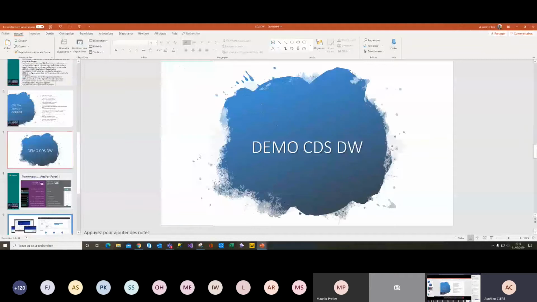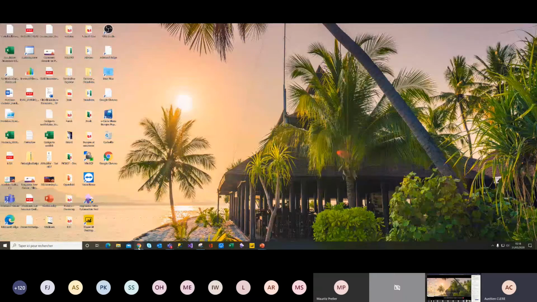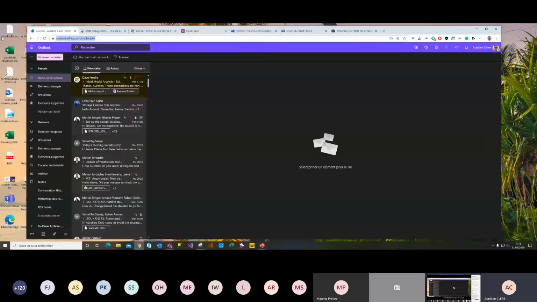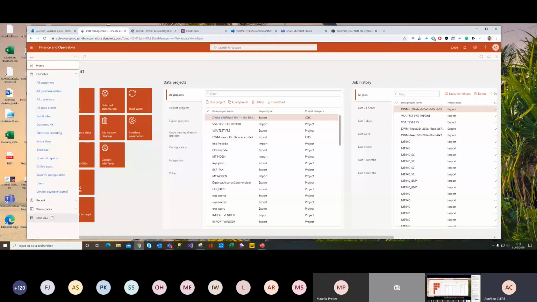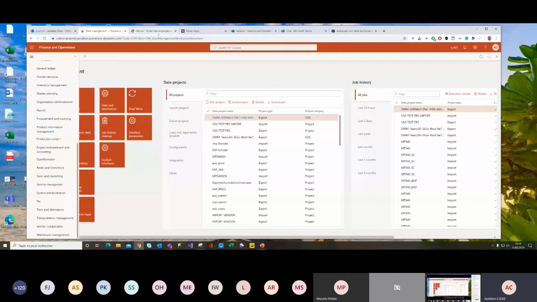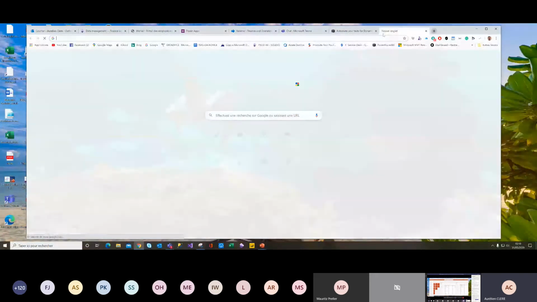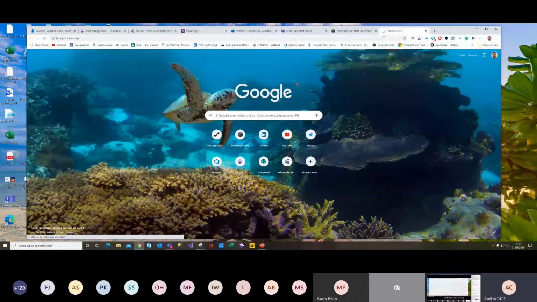So now, a little demonstration on CDS, how it works. Okay, I have to go there. With CDS dual write, you have two things. I just closed it with my previous session.